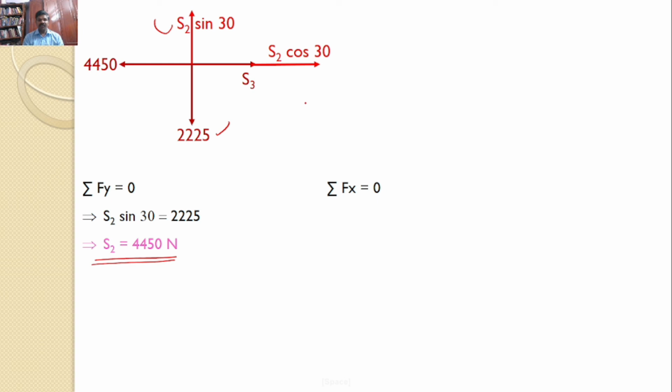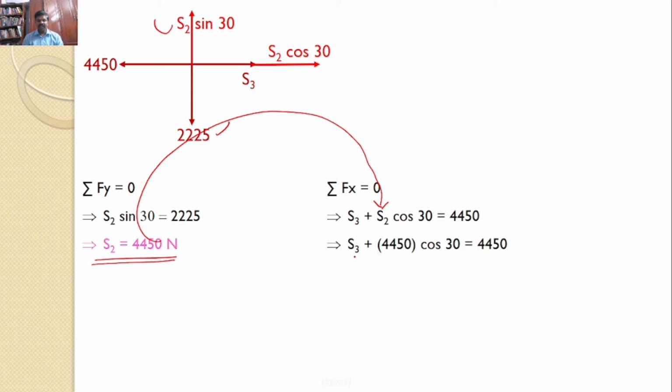Next, sigma Fx is equal to 0. Two forces act in one direction and one force acts in the other direction. So you can say S3 plus S2 cos 30 is equal to 4450. But you know that S2 is equal to 4450. You can substitute here. Then you get S3 plus 4450 into cos 30 is equal to 4450. And S3 is equal to 4450 minus, after simplification, 4450 into cos 30 becomes 3853.81. Hence S3 is equal to